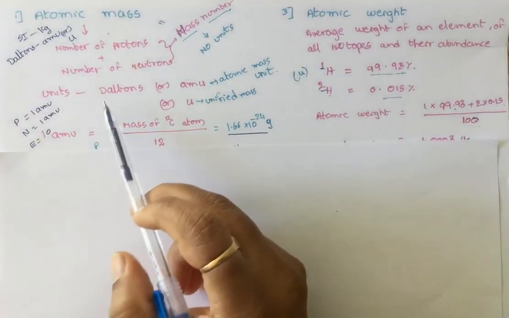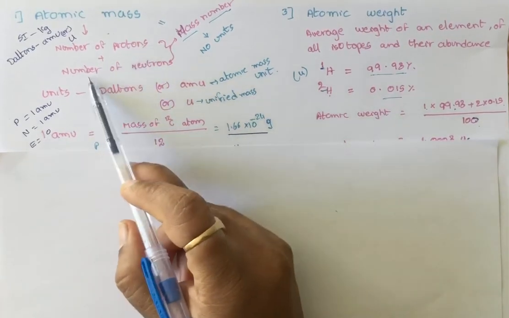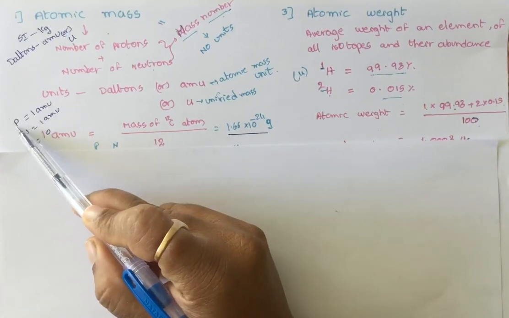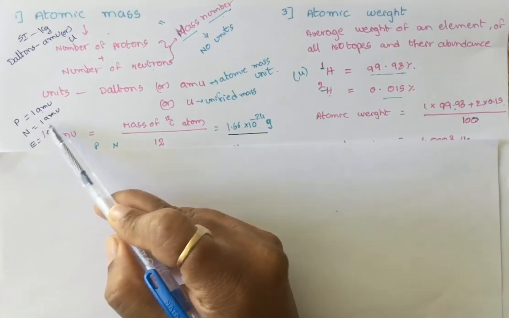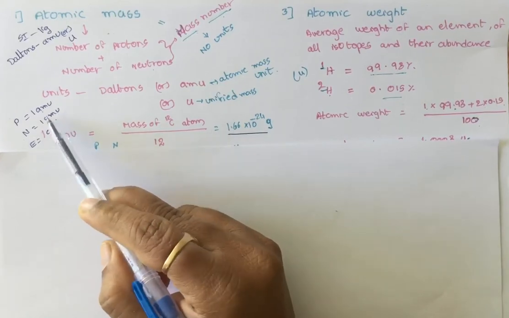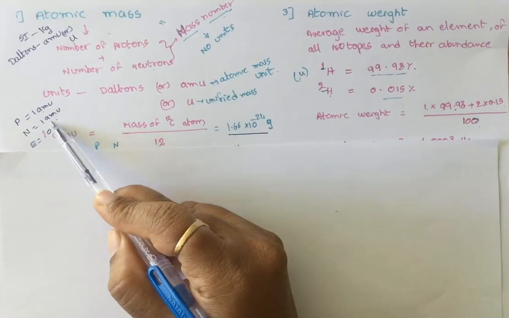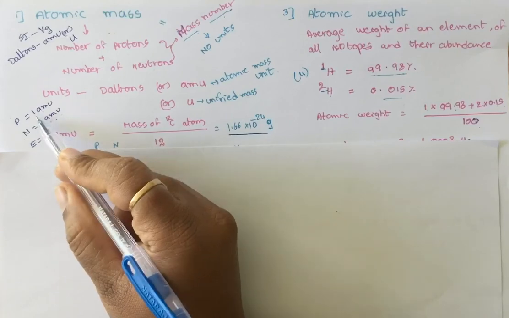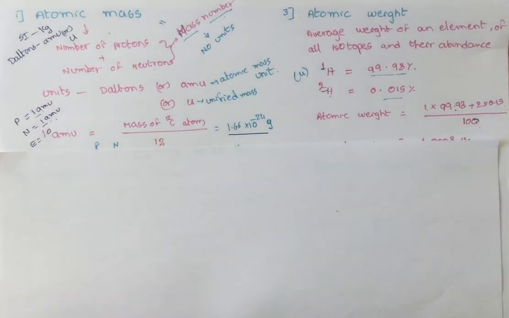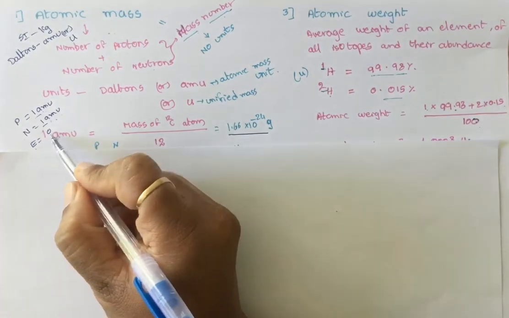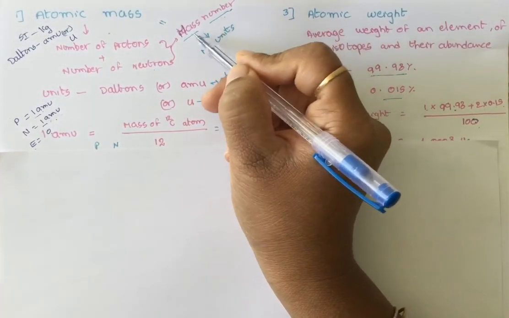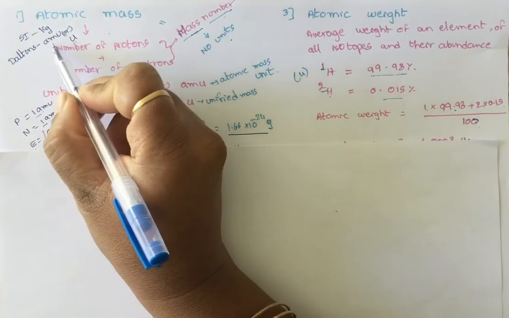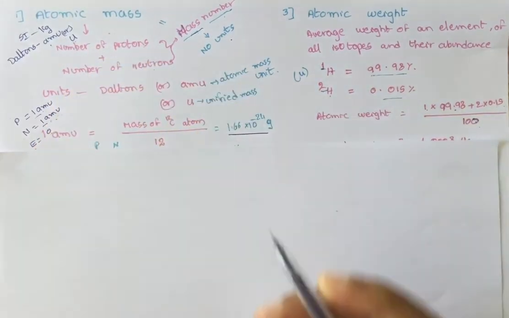That's the reason why, if you add the number of protons and number of neutrons, which is called the mass number, each proton is equal to 1 atomic mass unit and each neutron is equal to 1 atomic mass unit. So you can count them and take the unit atomic mass unit. The sum of protons and neutrons will equal the atomic mass, because the atomic mass unit of an electron is 0. So it is similar to mass number, but mass number is just a number with no units. But atomic mass is a parameter, it has units, that is unified mass or atomic mass unit.